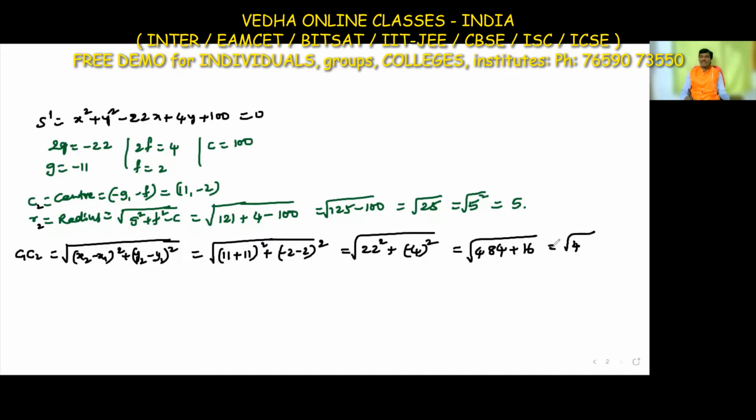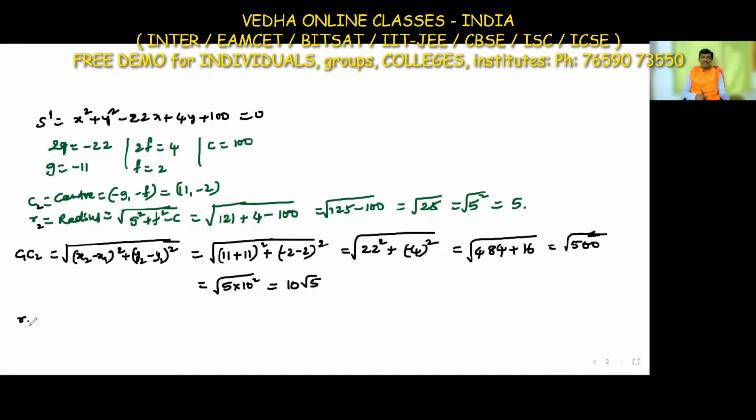Under root of 400, add 16 to this, add 6 to this, 490 plus 10. Okay, so that is 500. So 500, if you want you can keep it like that, or otherwise we can simplify also. So 5 into 100, 100 is 10 squared. The 10 squared and root cancel, so we can write 10 root 5.